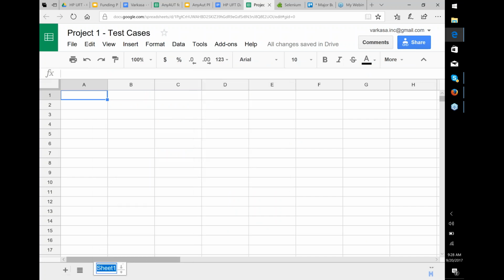Let's rename this to test cases. I will write down all the different test cases that are present. So first thing I'll put is an identification for each test case. Why do we require an ID for a test case? Because when I report a defect, I can say that defect number